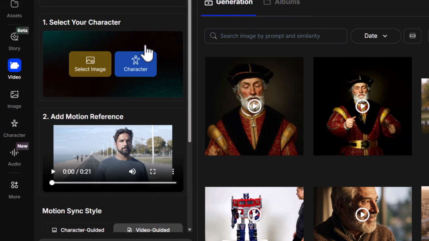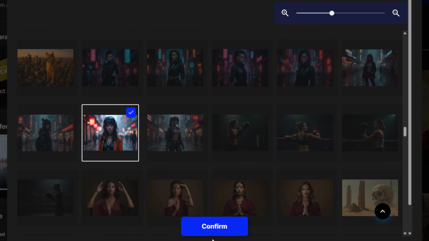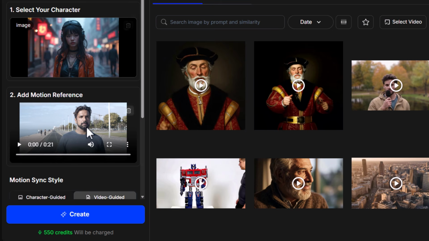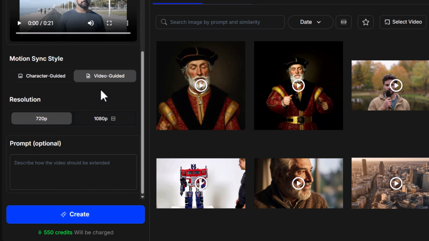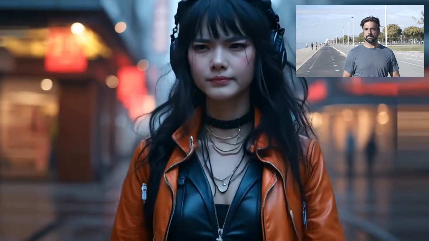I'm now going to choose a different visual. I might select an image again, go to history, and maybe I'll go for this cyberpunk girl, hit confirm, and see how well it handles the two videos while using the video guided version of the motion sync. And hit create. And you see here it's able to create a video using the same sort of camera movement